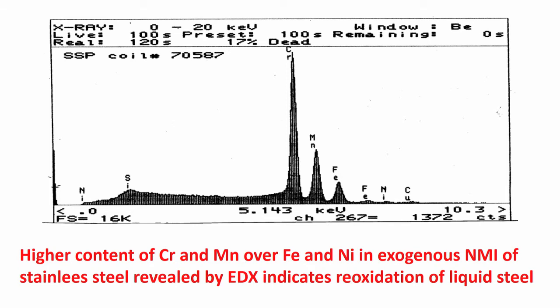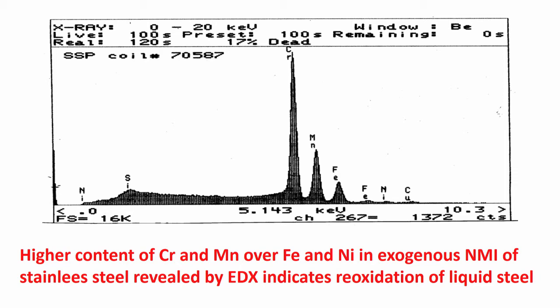Here you see there was a defect, we are now looking at the defect area. So, what is happening? Which peak is highest here? Incidentally, though it is stainless steel, and iron is the main element in any steel, in fact, compared to the iron peak you find chromium is very, very strong. Manganese is relatively strong compared to iron. So, what is the reason? I am talking of this in the defect area. It indicates, as I have mentioned here, a higher content of chromium and manganese over iron and nickel.